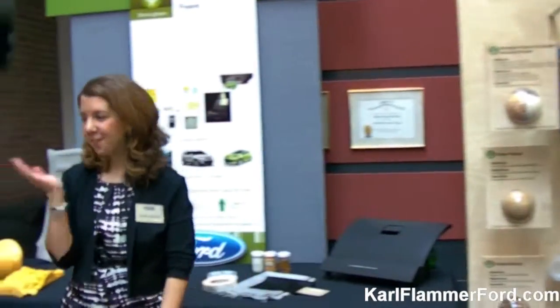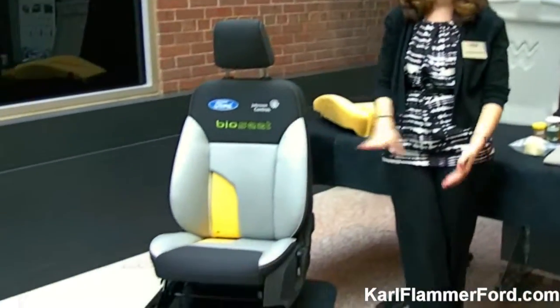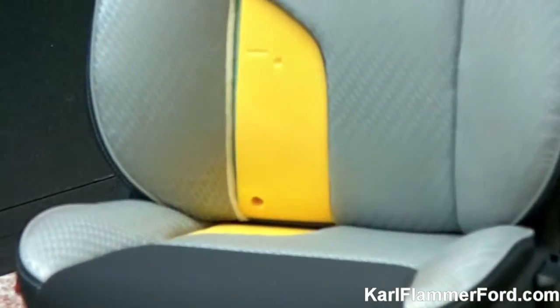So if I could draw your attention over here, the first technology we just want to introduce you to is called soy-based foam. And the idea of soy foam is basically replacing part of the petroleum that would be required to make the foam for seats or headrests. We're replacing petroleum with soybean oil. So you can kind of achieve the same foam technology, but with a soybean oil, a naturally grown oil, versus